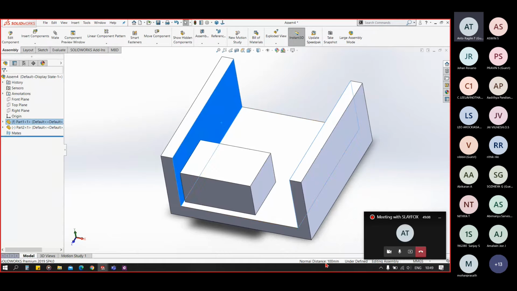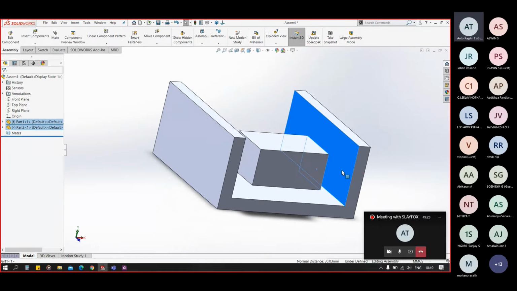You can see 100 mm here. So for that I will have to make calculations: this is 100, this is 60, so 100 minus 60 is 40, and 40 divided by 2 is 20. So I have to make manual calculations and give 20 mm here, let's say, to get it centered.